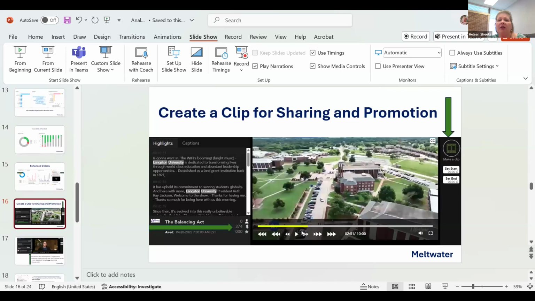And then if you were to click one, you can actually create a clip from what this news media actually created. You can edit it however you want. You can repost it, put it on your website, or share the great news. You can put it in your own special report if you have to do a report about a particular campaign. So these are all great tools that come with these types of platforms.